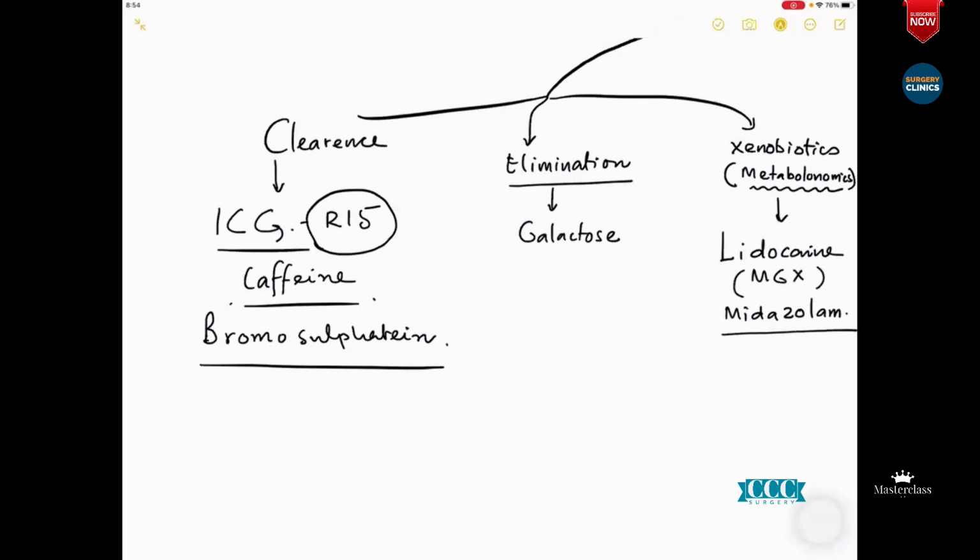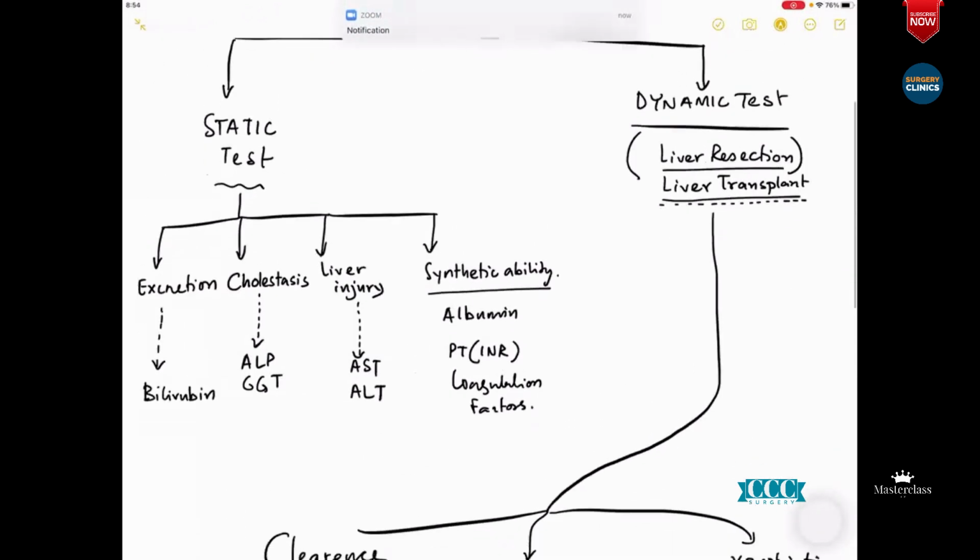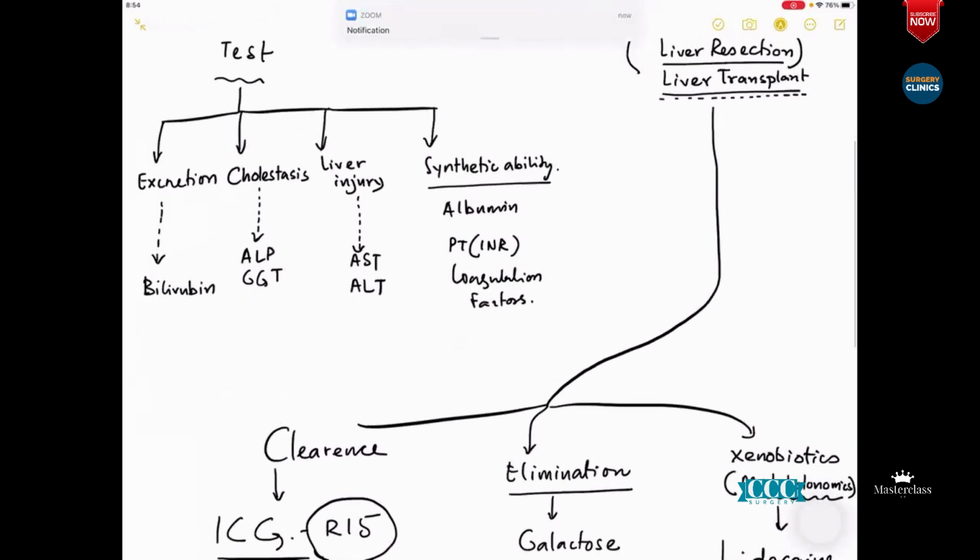Right. So now these are the tests. If you have written this in your notebooks, remember that these are called dynamic tests of function. Now, as I've said, until and unless you are going in for a direct assessment or you are planning for a liver resection, this is the reason that, as a surgeon, I am more interested in these rather than the static ones, because static ones are the baseline. What Dr. Basu has taught, as I said, is 90% of the class, and this is your basic fundamental.